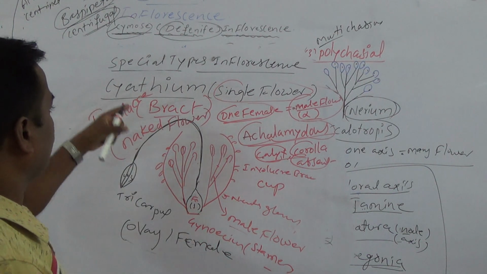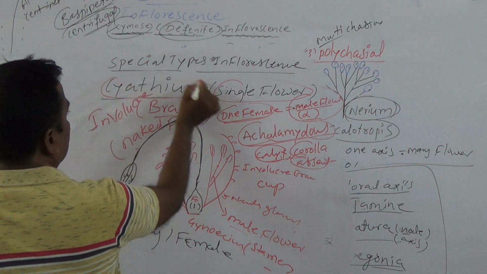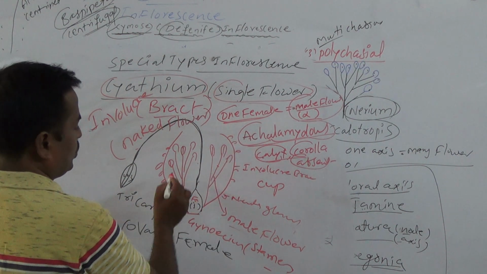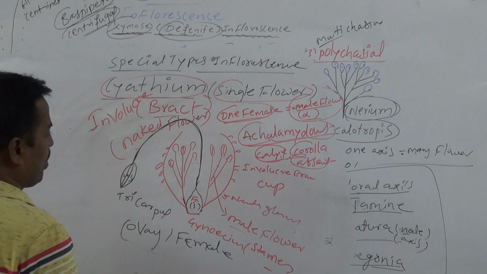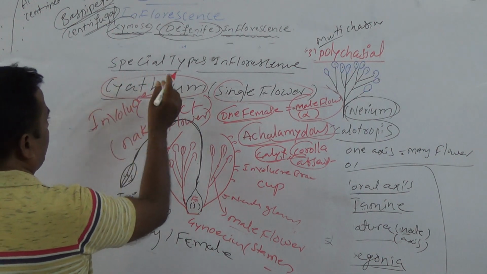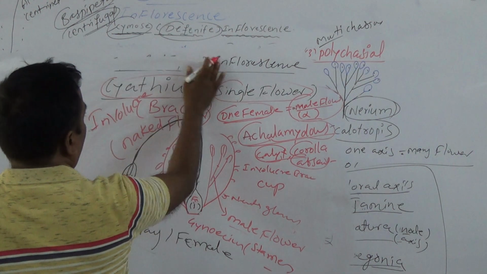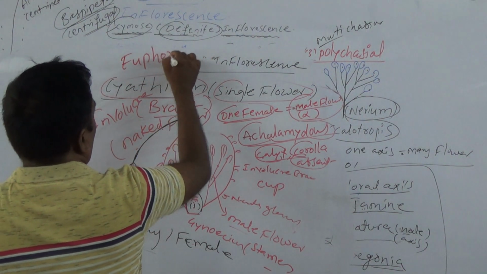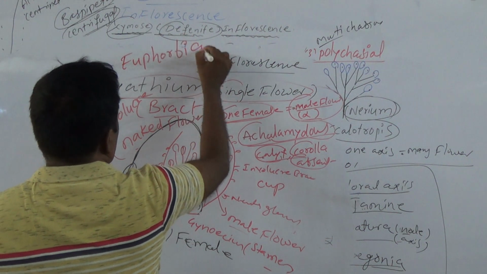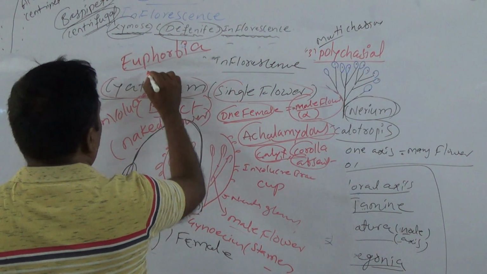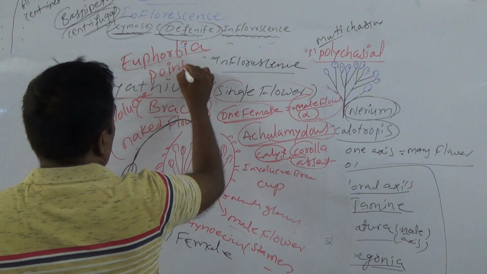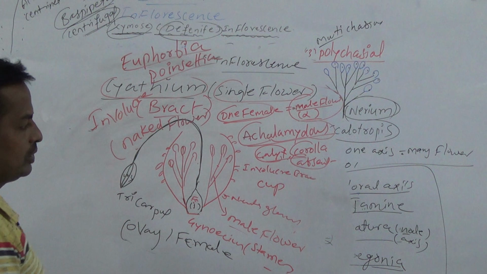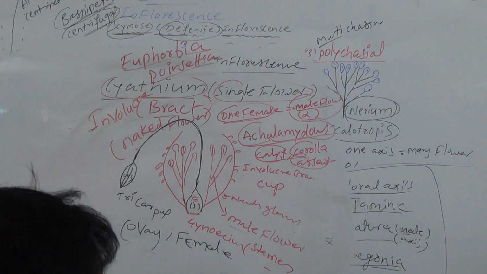So it is a special type of inflorescence called cyathium. This is very important: achlamydous, with stamen-like males. Are we clear? This type of inflorescence is commonly reported in the Euphorbiaceae family. Cyathium is commonly reported in Euphorbia and poinsettia, students. The last one is the Hypanthodium inflorescence.